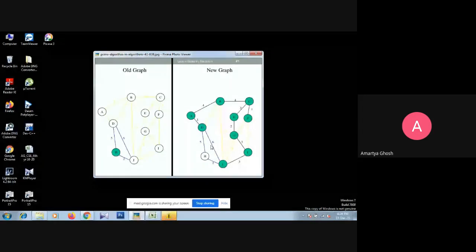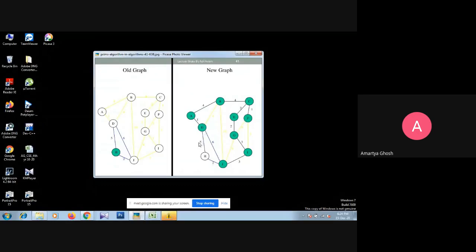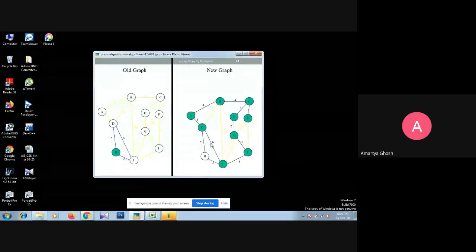Okay, and H, the new node that is not connected. That node is connected by J with 2. The weight is 2. If we connect H from D, we need the weight 5. So according to the priority queue right now, 5 and 6 were in the front position, but after inserting,